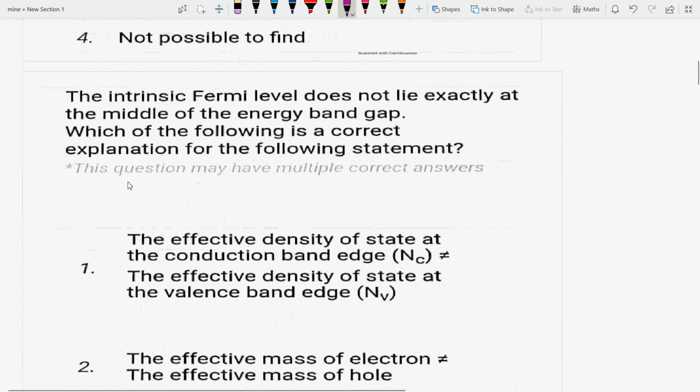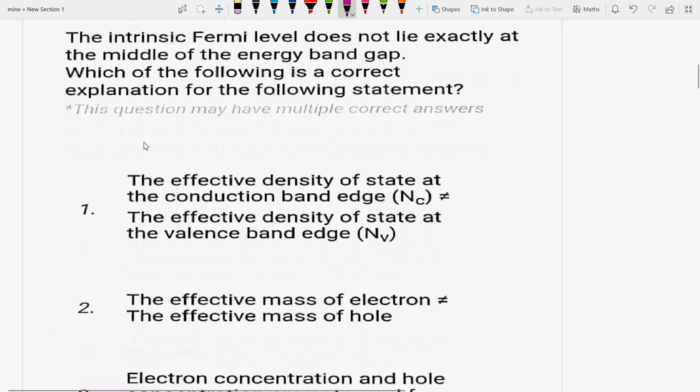Now next question is, the intrinsic Fermi level does not lie exactly at the middle of the energy band gap. Which of the following is a correct explanation for the following statement? First, see, first of all, what is the concept for an intrinsic semiconductor? For an intrinsic semiconductor which is absolutely pure in nature, electrons and holes are generated in pairs,